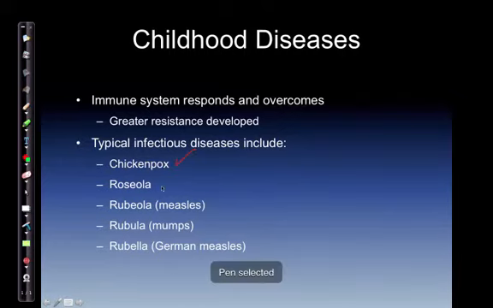Talk about roseola. Highly contagious. It starts as an unexplained fever. The fever subsides in approximately 1 to 2 days, and a rash on your trunk appears. Treatment is hydration and fever reducers, things like Tylenol. Rubeola, measles, ancient disease caused by the